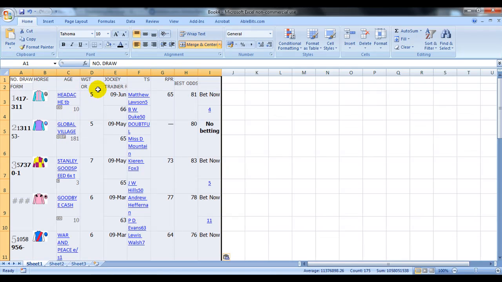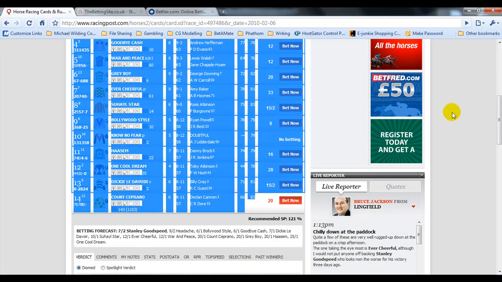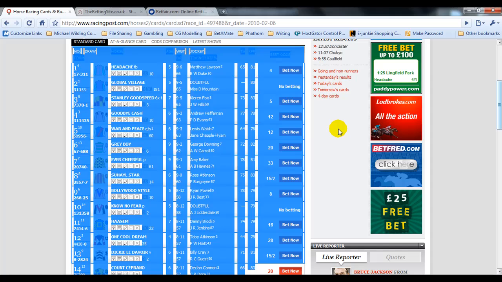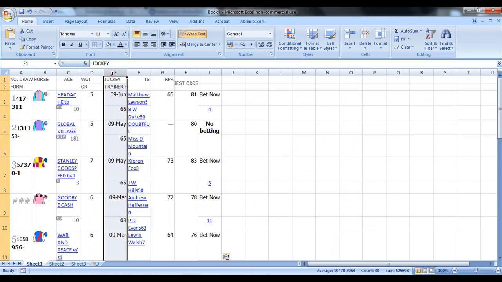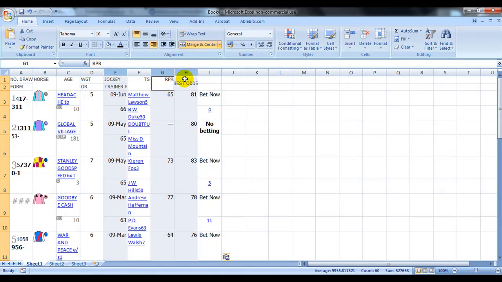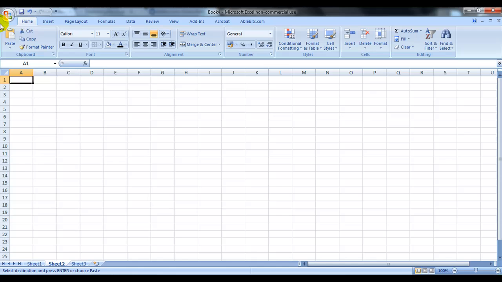Now we're interested in, it's put the columns slightly out of sync. This is the official rating, as you can see, 66. If I scroll back up here, 66 is the official rating for Headache. And we're interested in the official rating, the top speed, and the RPR. All the columns are out of sync very slightly. We copy those, put them into a new sheet,